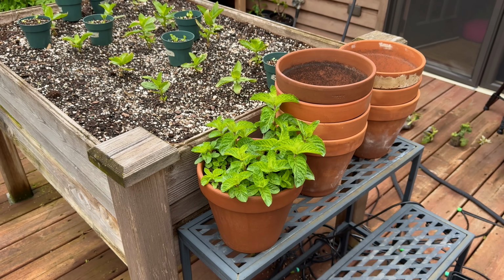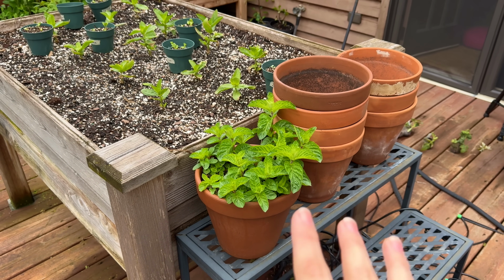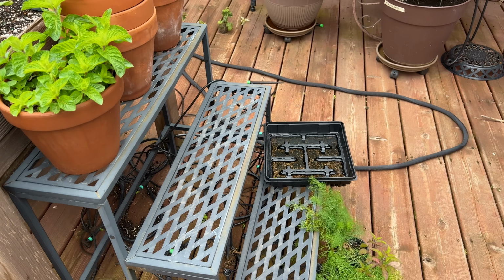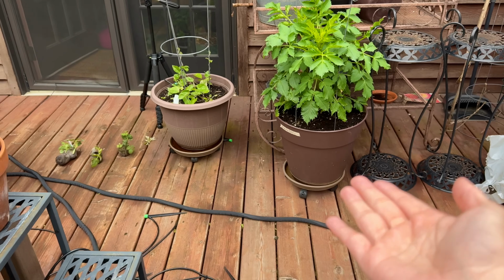Strawberry mint is still on the back deck, but I have new mints coming from Mountain Valley Growers today, so I'll get those planted up. Some random herbs I need to plant up down here. This Fimbriata,